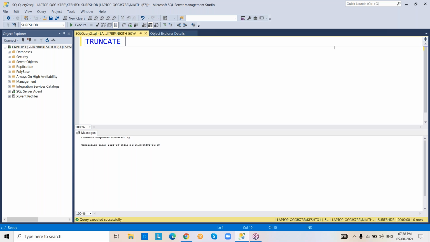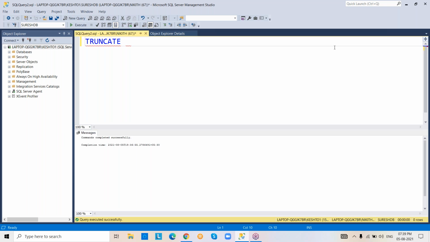The next DDL command is the truncate command. Actually, the truncate command is used to delete data from the table. What does the truncate command do? The truncate command deletes data from the table.